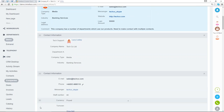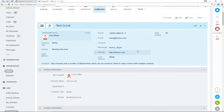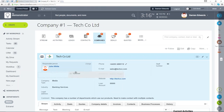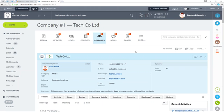So I can see my turnover field here now. I'm going to pull this up to the top, and we can minimize that area now. So I've got my turnover field here. I'm able now with drag and drop to add this field to any area of this top panel. I'm going to sit it over there, and we're also able to